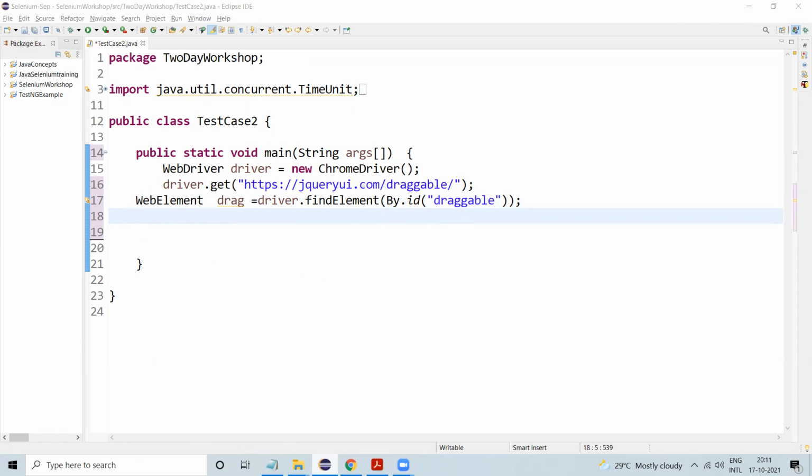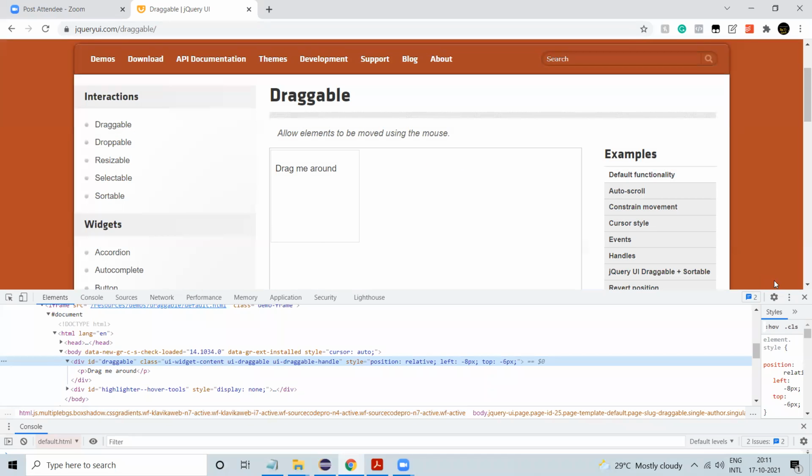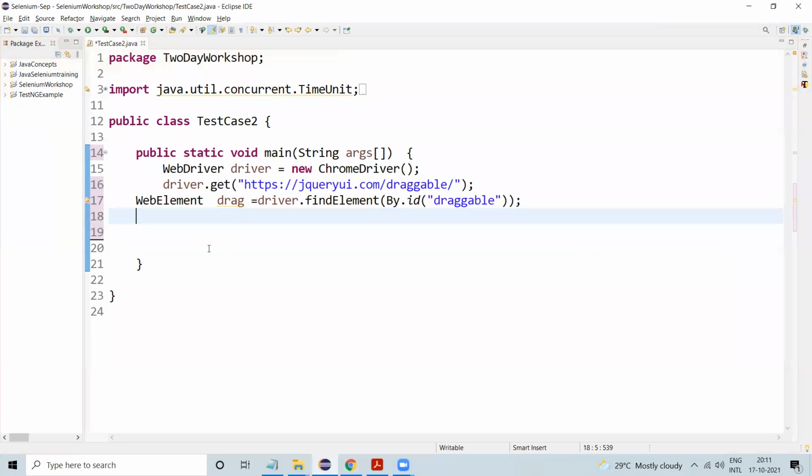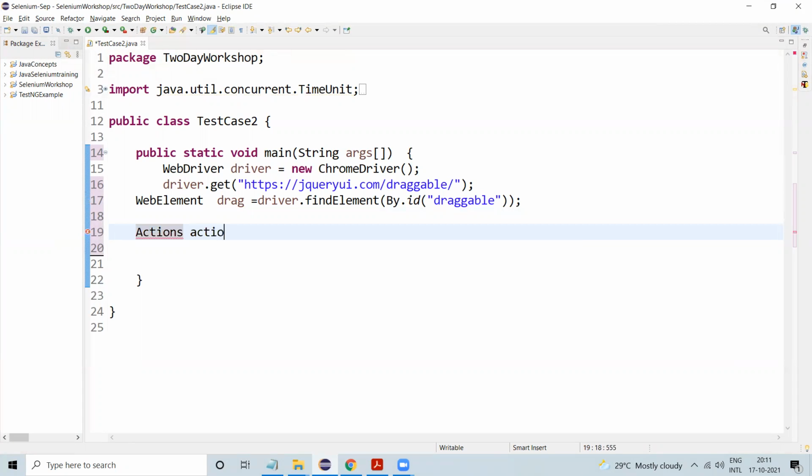Now what we need to do is, using the mouse, drag and drop somewhere. So we need to instantiate the Actions class over here. Actions action equal to new Actions. Here we are going to pass driver.